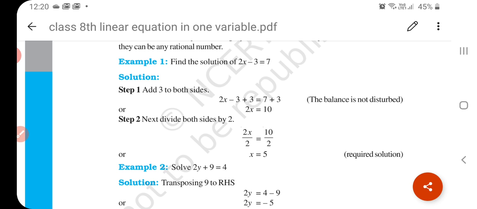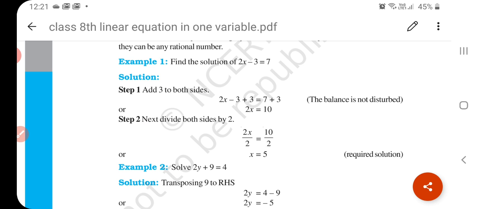Okay, 2x - 3 + 3 = 7 + 3, that is 2x = 10. Understand? So now see here, 2 is with multiplication, meaning 2 is the coefficient of x. So what we do: 2x upon 2, when we divide by 2, 2 से 2 कैंसिल हो जाएगा तो हमारा only x बचेगा. वहाँ पर हमें भी वही चाहिए. ओके, एलिमिनेट 2. So this way we have eliminated 2. 2x upon 2 = 10 by 2. Okay, so this way we have found x = 5.